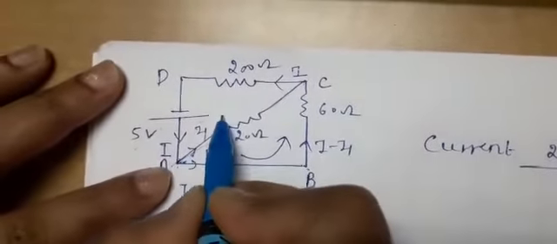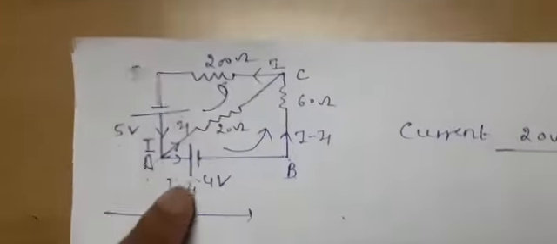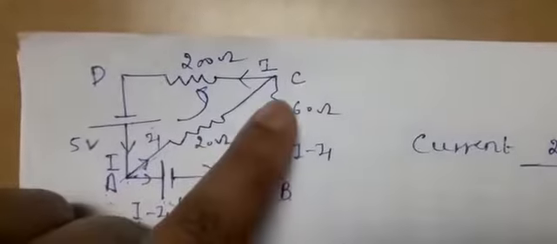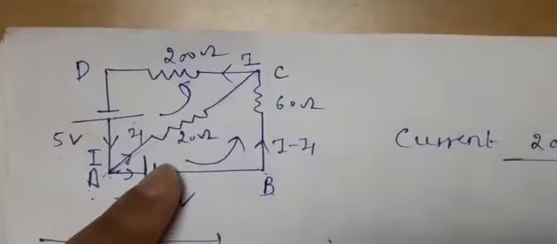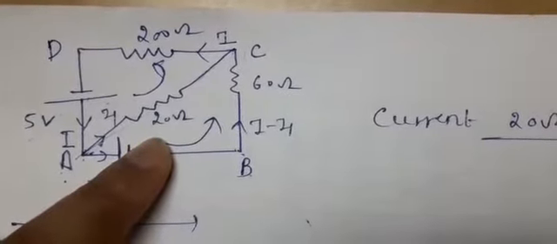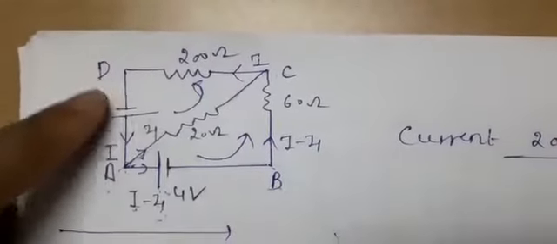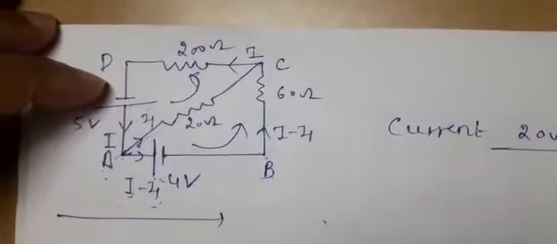Now as per the first loop we have taken, here we will take the second loop. Now what should be our loop? We are taking the loop along this direction. So what will be its name? You can see in the figure that the loop will be A, C, D, A. So see in the figure, before writing, the potential drop across 20 ohm will be 20 I1 plus 200I. Then the negative terminal is coming first, minus 5, this is equal to 0.